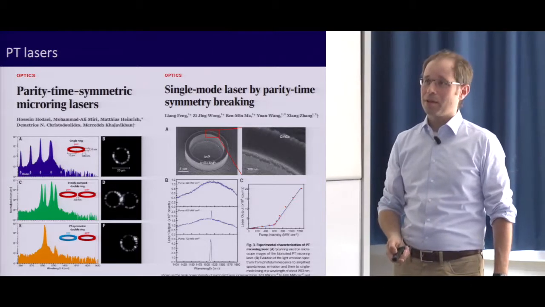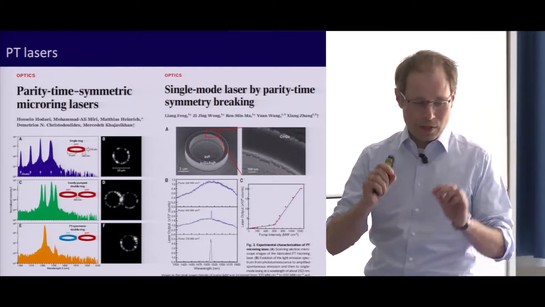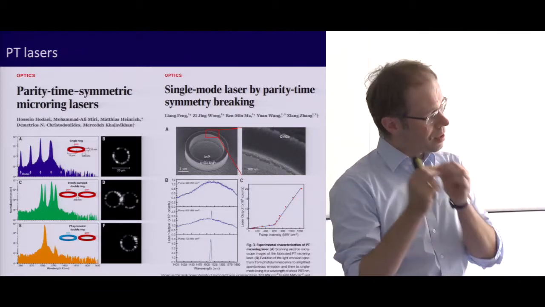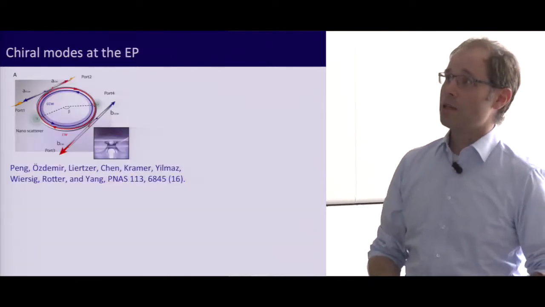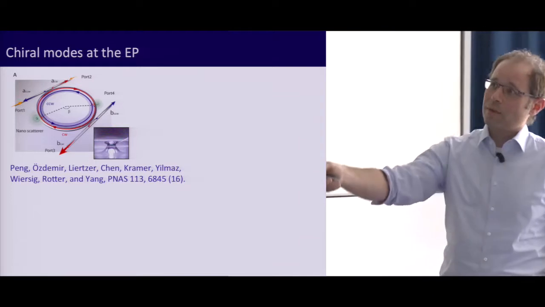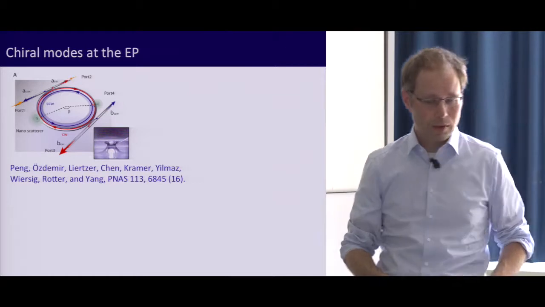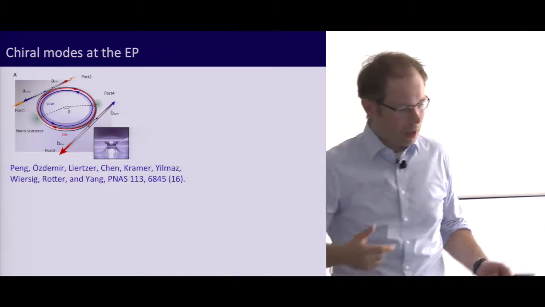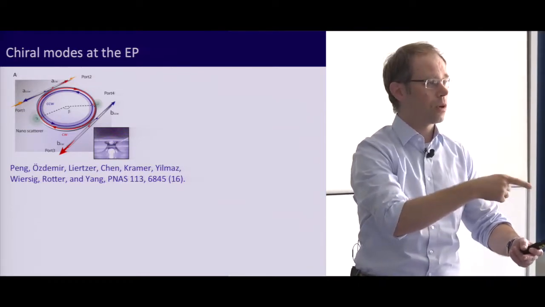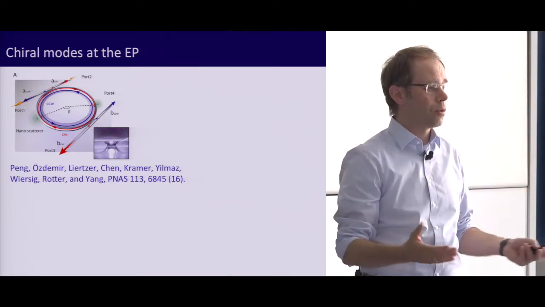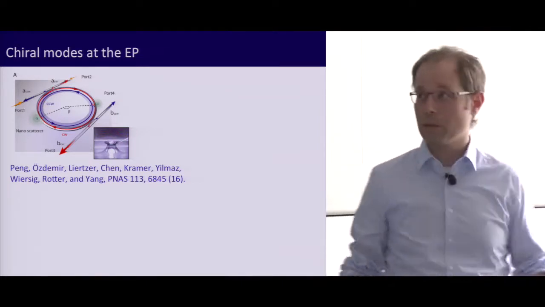Something that I find particularly attractive is that exceptional points do not only have this feature that the eigenvalues coincide, but also the eigenvectors are the same. What would that mean now for a laser? Well, the interesting thing is that if you have a whispering gallery mode cavity, like a ring or like a microtoroid, typically you would expect that you have two degenerate modes, like one clockwise propagating, one counterclockwise propagating. And they should be degenerate, such that you can also choose them as two standing waves in whatever basis you